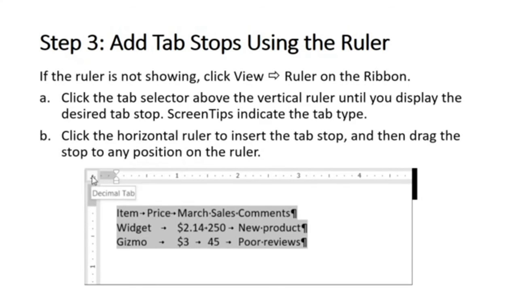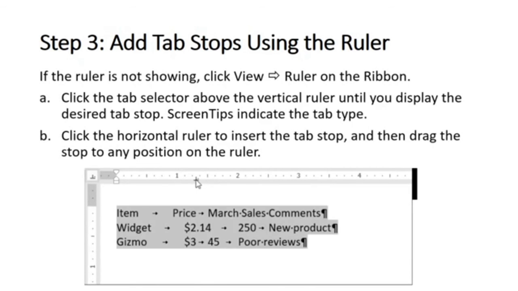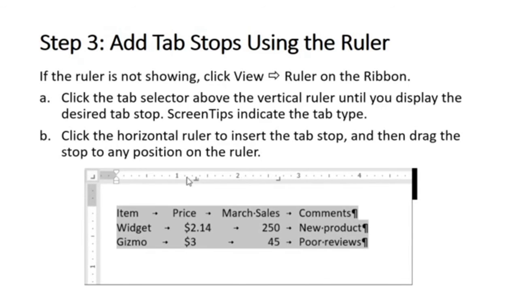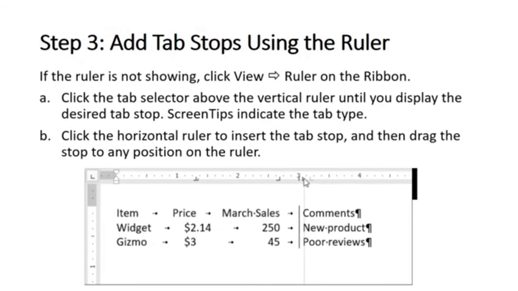First of all I will add the decimal tab here, and you can see that the decimal tab stop lines up text at the decimal point. Then I will add the right tab here. Here you can see the right alignment as well. Then I will add the bar tab here. A bar tab adds a bar with the text. Okay, and then I will add the left tab here. You can see that the left tab aligns text at the left side of the tab stop. Got it?